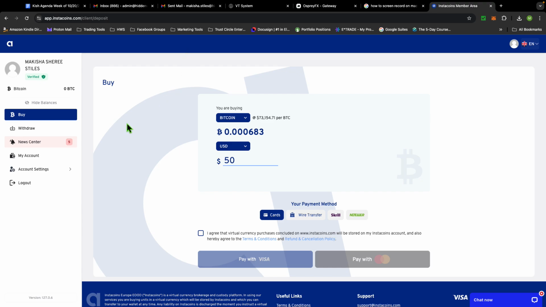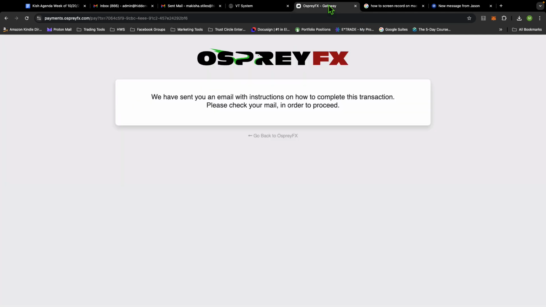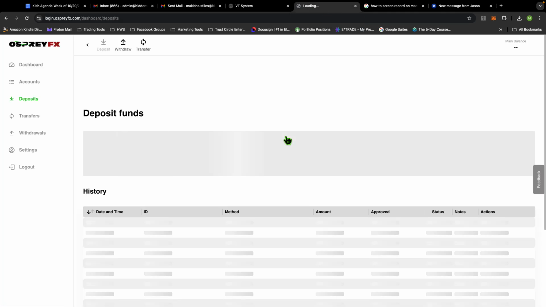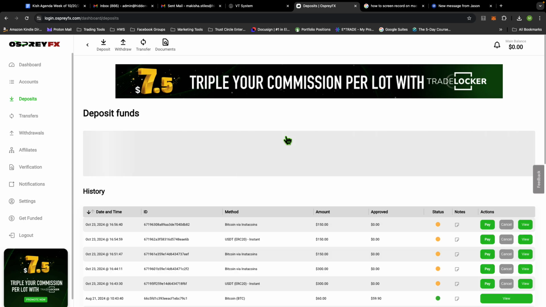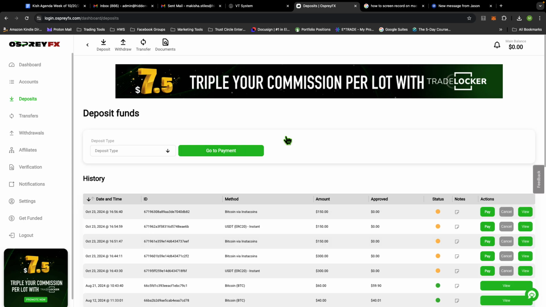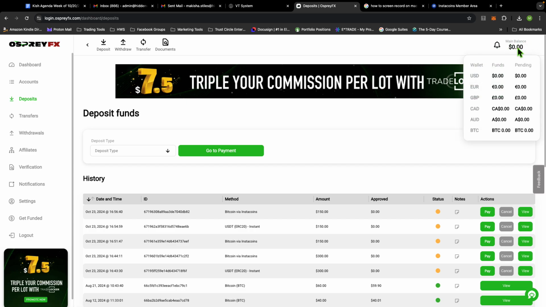Once that happens, it's two things. Sometimes it'll normally just go right over into your Osprey, all right? It depends on what you chose. So I'm going to click on Osprey for a minute. Go back to Osprey. This is once it's sent you an email saying, hey, you're good to go. All you want to do is two ways. The first way, if you chose you wanted it to go into your wallet, it's going to pop up right here. Now, when that happens, you're just going to have to transfer this over into